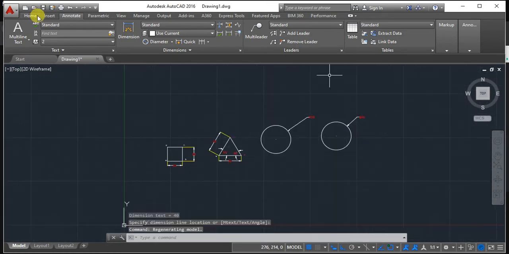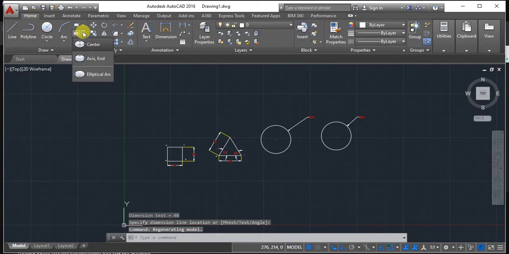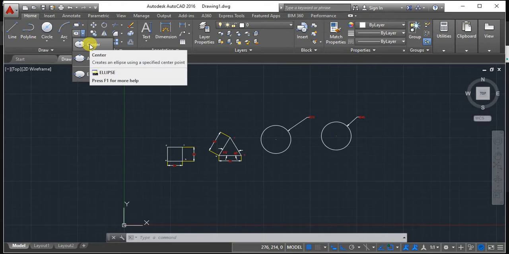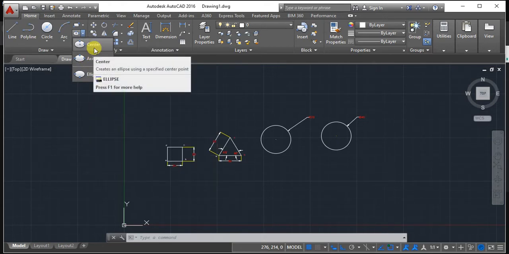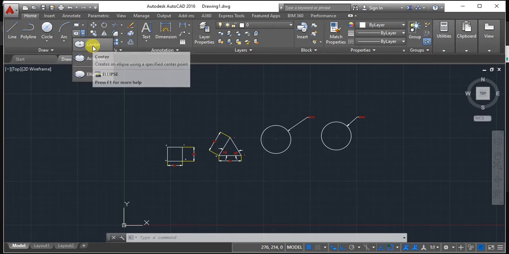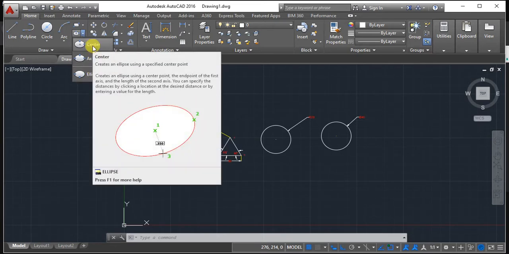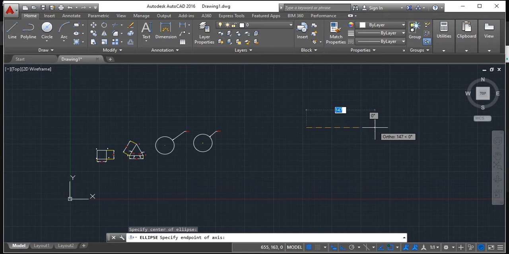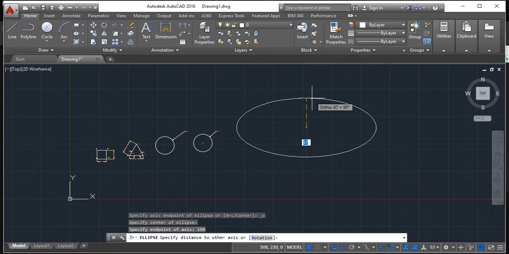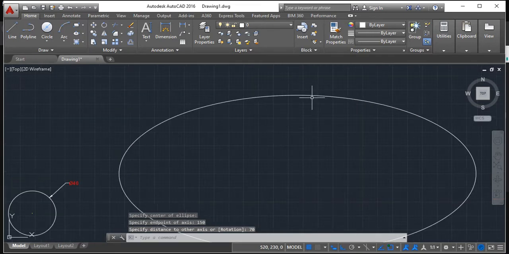So there are different objects like ellipse and other things. I am just using the ellipse and one method. Ellipse and axis method is the best method, but if you want to draw with the center and axis method also, that is fine. Click on ellipse, then select the center. This is the horizontal distance. Ellipse will have how many foci? 2 foci, right? So the first one is horizontal, which I'm making 150, and the vertical height, let us say, 70. So this is also one method.